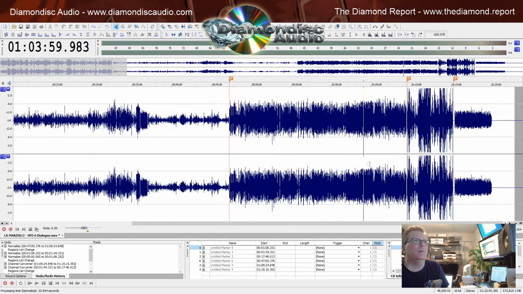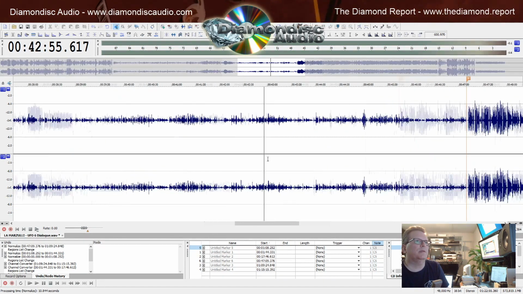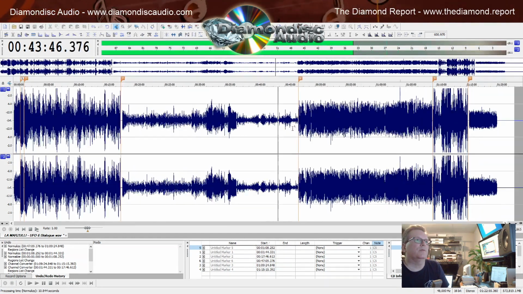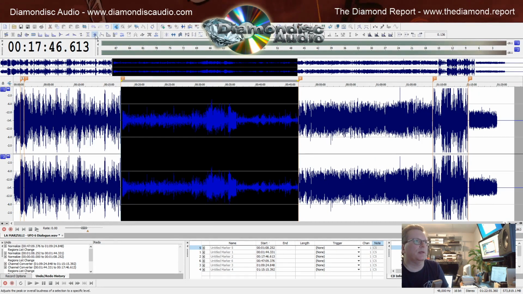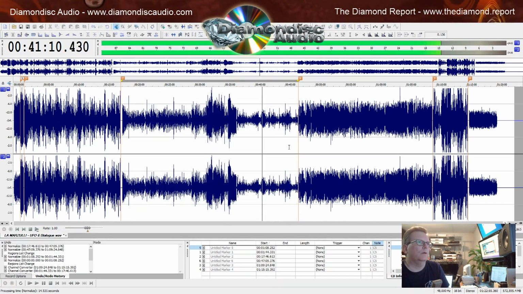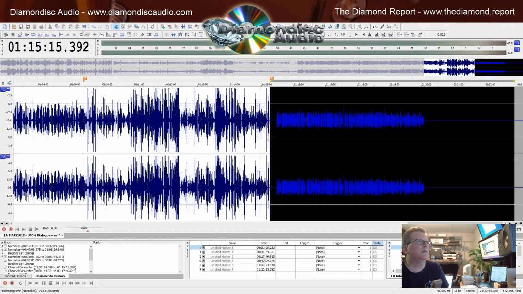But that's okay. These other sections I have markered off are down at minus 26. So that's a pretty huge volume difference. So I'm going to normalize this section now too, just to kind of get it in the ballpark. We're going to run some other processes on it though to help clean it up further. Okay, that's a little bit louder, and we're going to do this piece as well.